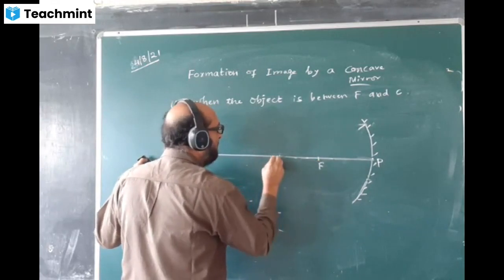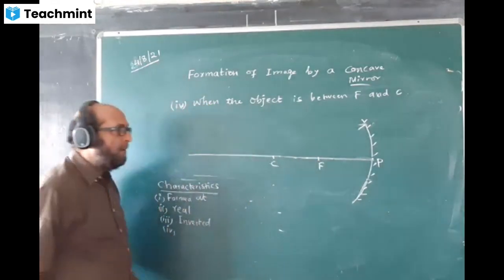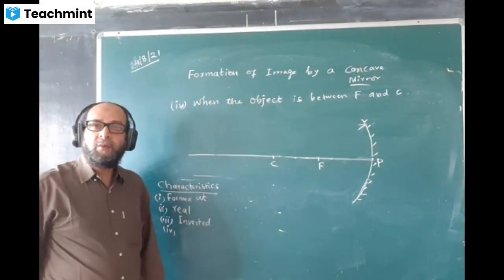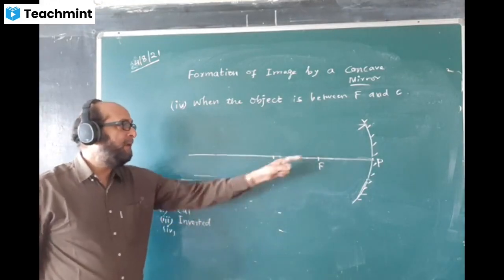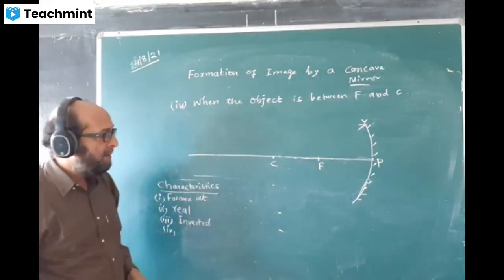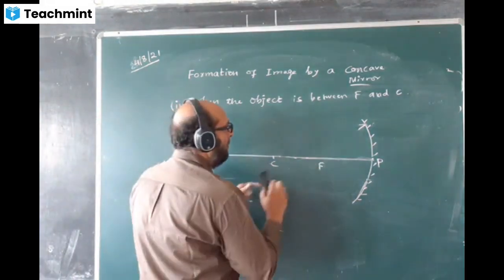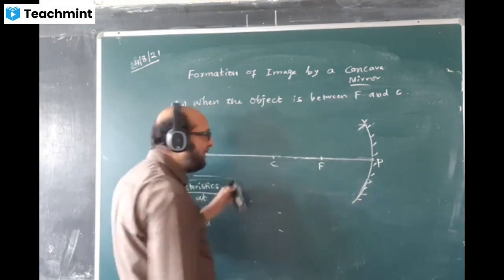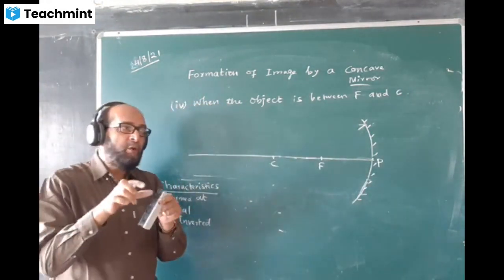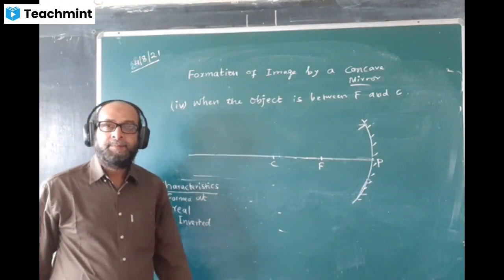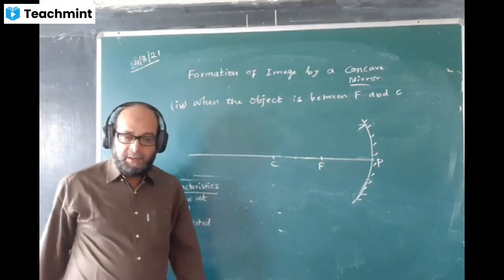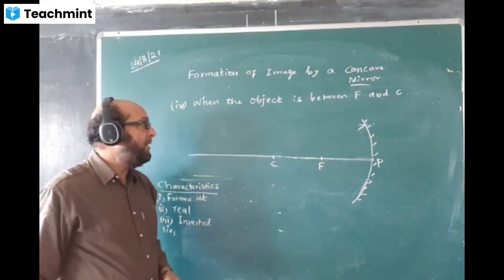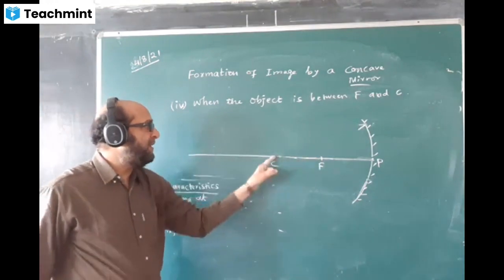Do the same thing first, and then I'll tell you what you have to do. Do the same thing. Draw a line using one of the ruled lines only. Mark one point P, 2 centimeter, 2 centimeter. This is 2 centimeter. That from here also should look like 2 centimeter. Or you are using ruler exactly measured 2 centimeter. Now, in this case, where is the object? Tell me, where is the object kept? Sir, between F and C. Between F and C, yes.